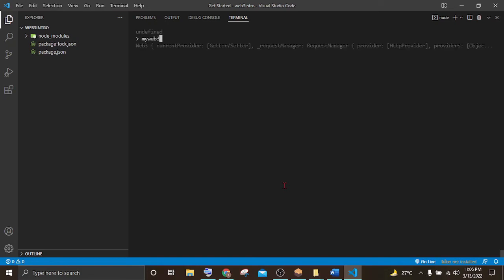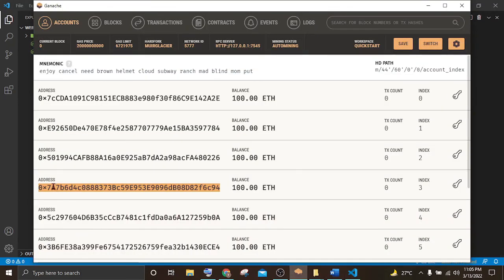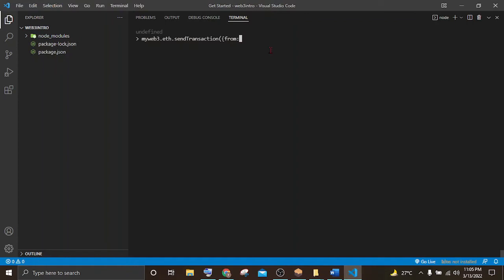My web3.eth.sendTransaction, and now put a bracket inside the second bracket. I'll write from which account I'm transferring. So let's go to Ganache and copy an account. Let's copy this, and then inside the inverted commas paste it,